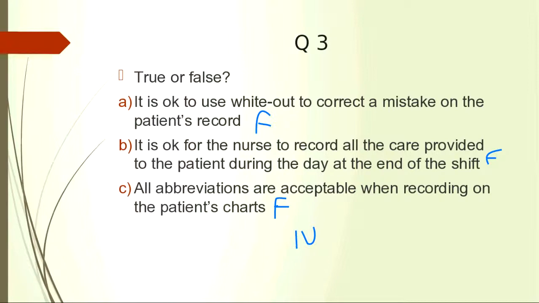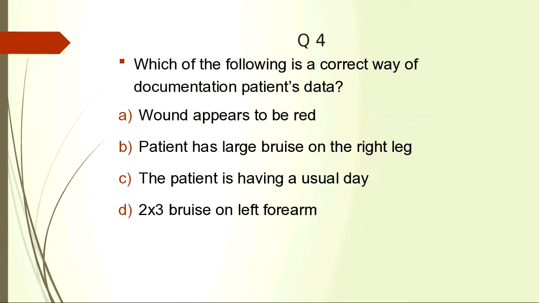Okay, next question. Which of the following is a correct way of documenting patient's data? A, wound appears to be red. B, patient has large bruise on the right leg. C, the patient is having a usual day. D, 2/3 bruise on the left forearm. So the answer here is D,